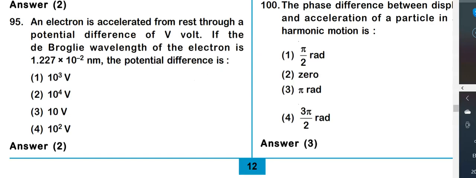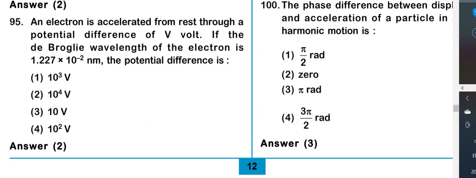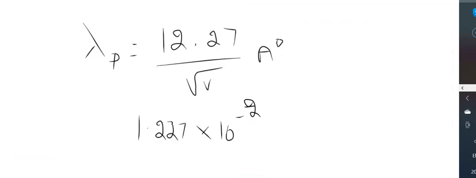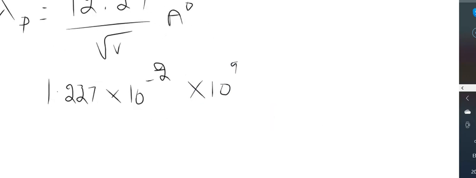Now what has been asked is, if the de Broglie wavelength of the electron is given as 1.227 into 10 to the power of minus 2 nanometers. Let us now convert it to meters, so that into 10 to the power of minus 9. So that should be equal to